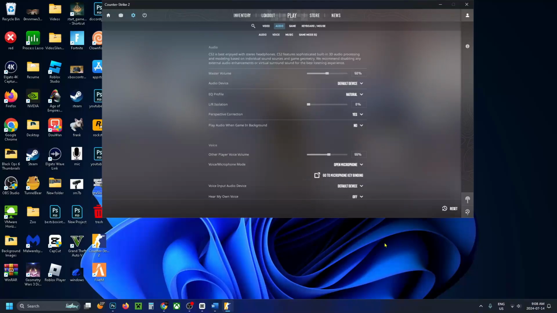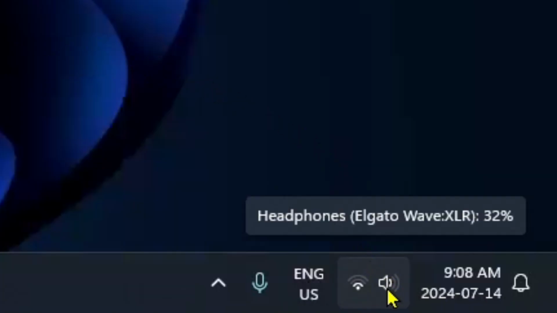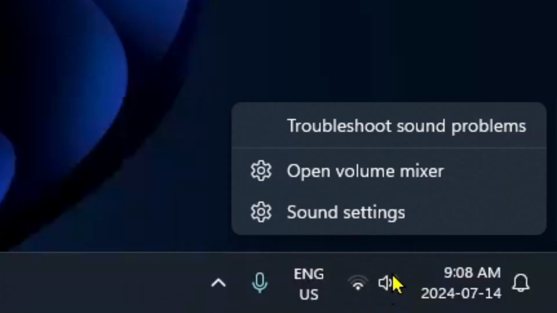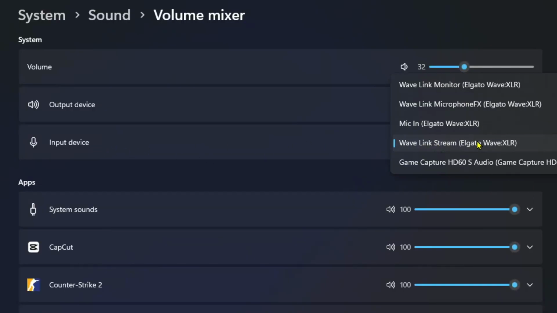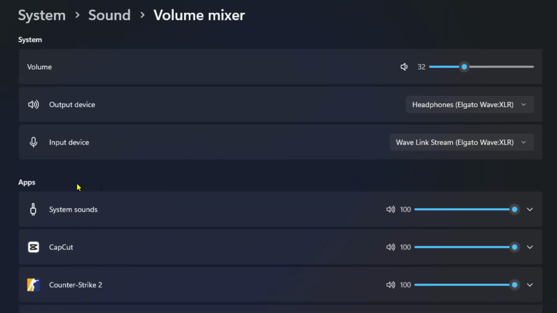Now, if your microphone's still not working, come to your desktop and you want to select the sound icon in the bottom right corner and you want to right click on it and go to Open Volume Mixer. Once you're here, you want to ensure that the input device is on the correct one. And in addition to that, you want to scroll down under Apps and make sure the volume's turned up on Counter-Strike 2, as well as your main